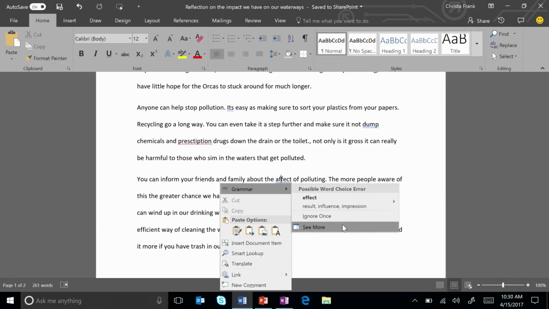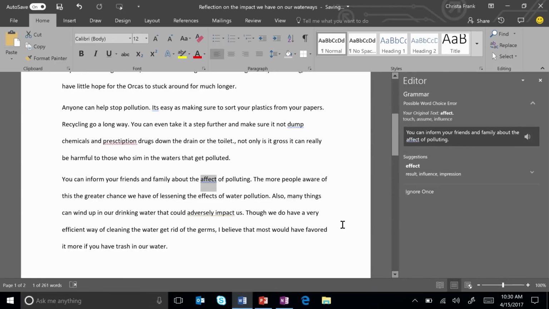So I click on See More, and the Editor task pane opens on the right. I see that this is a grammar issue, and it gives not only synonyms for the correction, but synonyms for my original word so I can compare them. Synonyms help to reduce the energy students spend on low-level processing like spelling, and frees up mental desk space for higher-level cognitive tasks involved in writing, such as conceptual work, composition, and structure.